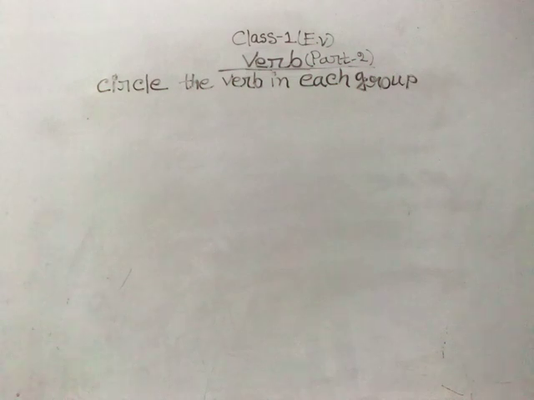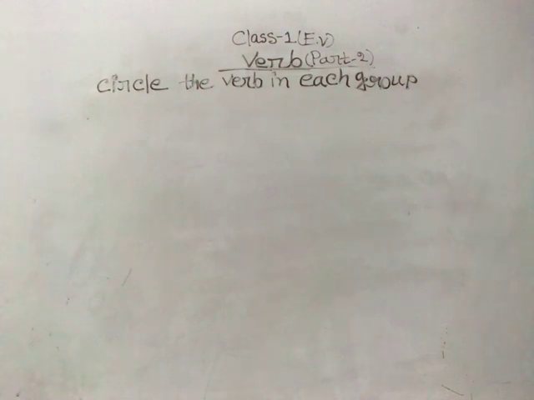As it is a practical class, an exercise class, I would like to ask you to have your exercise book, like your khata, eraser and pencil, so that you can follow the task and perform it right here with me in this class. Okay. So as you can see on the board, the instruction is here for you. The instruction is: circle the verb. Circle the verb in each group.